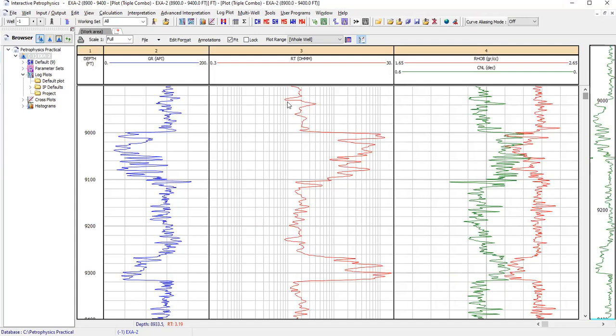So the next thing that I want us to do is to do a cutoff so that we'll see a clear cutoff for what is sand and what is shale. That's the next thing I want us to do. I want us to go back to